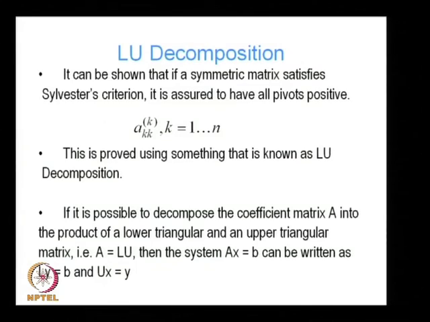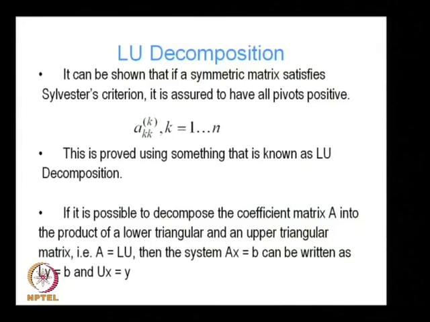This can be shown by something known as LU decomposition. If it is possible to decompose the coefficient matrix A into the product of a lower triangular and an upper triangular matrix, that is A is equal to LU,